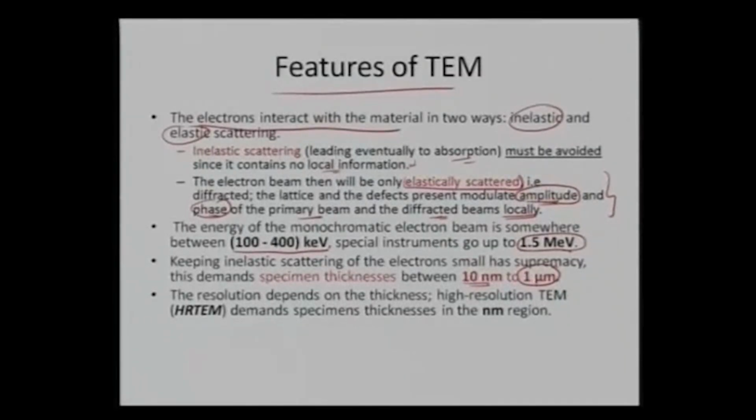And again, my resolution depends on the thickness. If you want to get high resolution TEM imaging, we need the specimen to be thin enough, approximately nanometers in thickness, so I can extract much more information in terms of its lattice fringes or high resolution grain boundary imaging and so on. So the overall features of TEM are that I need to avoid the inelastic scattering, I need to get the elastic scattering, and from that I can extract the information either for the lattices or for the defects,